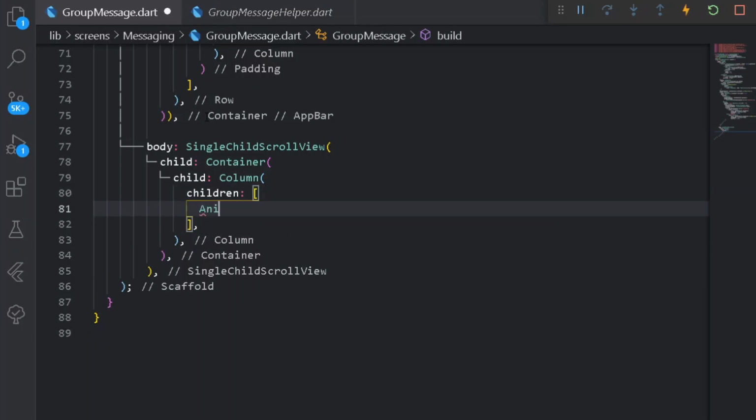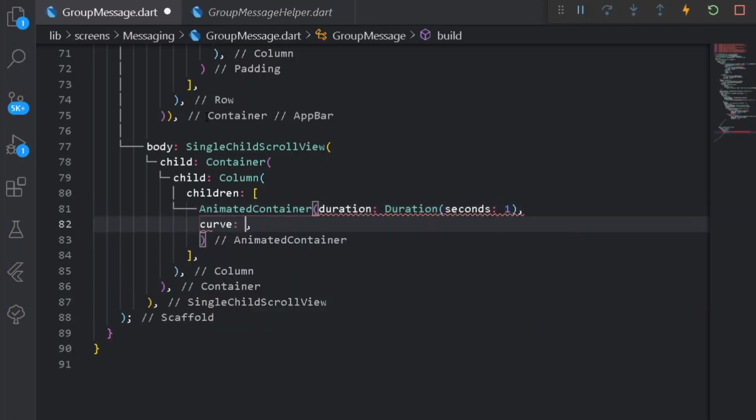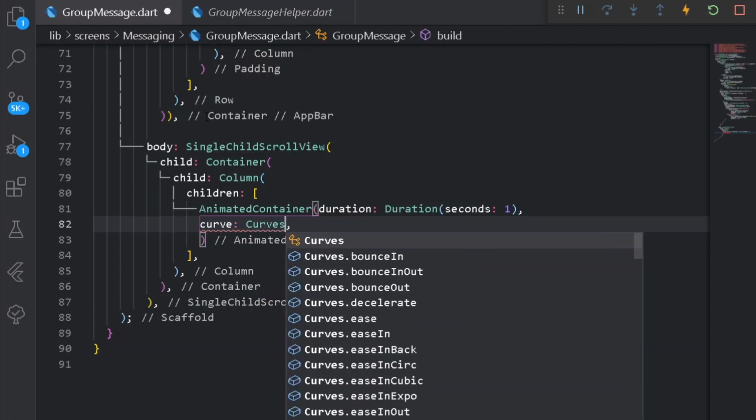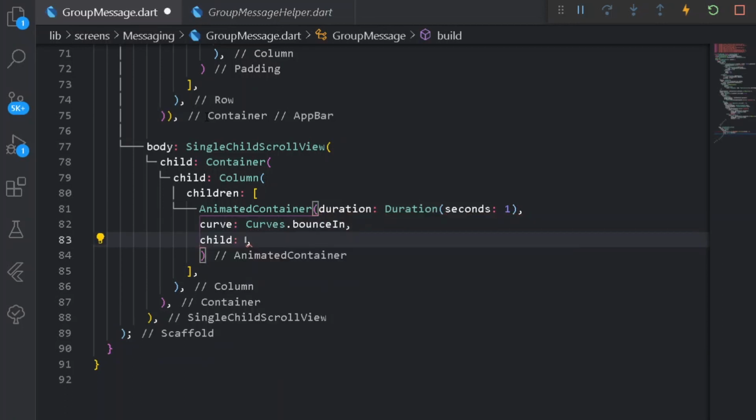So the first child will be nothing but an animated container. Under this animated container, first of all let's have duration. So here I can simply have a duration of seconds of 1, and after having the duration let's have curve. Under curves I can have Curves.bounceIn, and after that let's have child as well. Under the child to our entire animated container, we shall be showing the user all the available messages under our chat room. But for now we don't have any messages, so we can simply remove the child, and